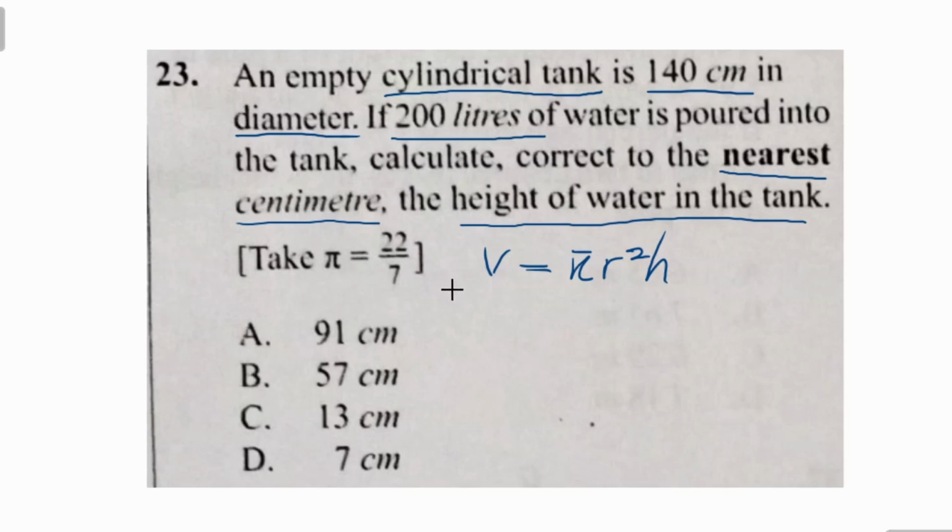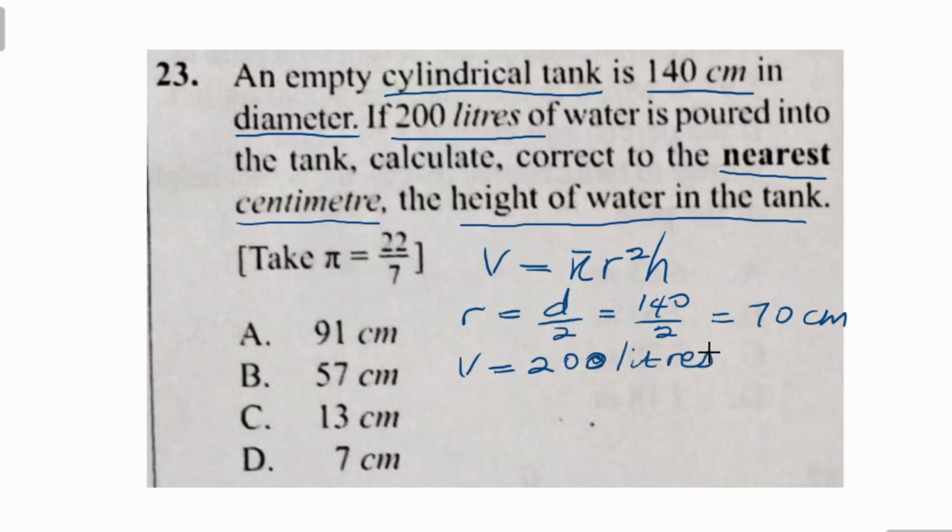Now let's extract the information from the question. The radius of the tank is the same as the diameter divided by 2, which is 140 divided by 2, and that will give us 70 centimeters. Then the volume of the water was also given in liters, so the volume is 200 liters, which is the same as 200,000 cubic centimeters,